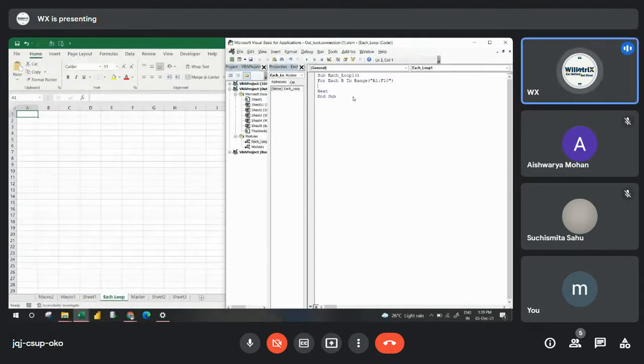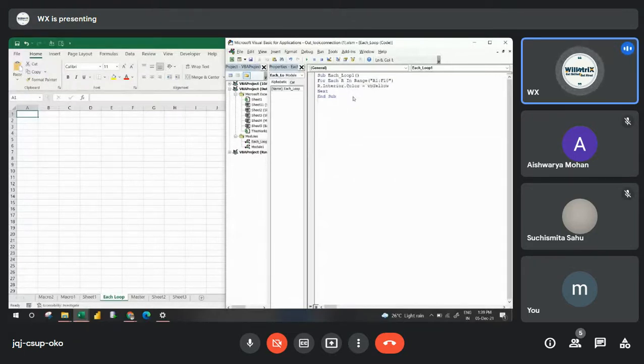Not only R, you can take any alphabet in range A1 to F10. Here R is a cell now. Range is a range, and R is one part in that. R.Interior.Color equals vbYellow. R is one cell in that range.